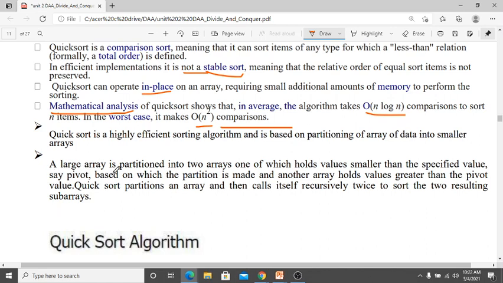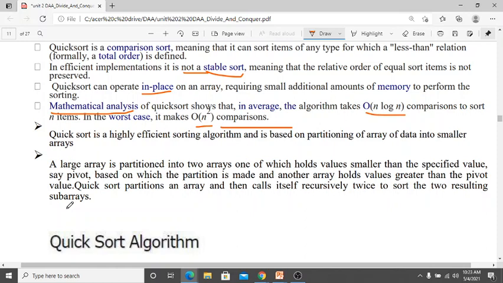A large array is partitioned into two arrays, one of which holds values smaller than the specified value, say pivot, based on which the partition is made, and another array holds values greater than the pivot value. Quicksort partitions an array and then calls itself recursively twice to sort the two resulting subarrays.